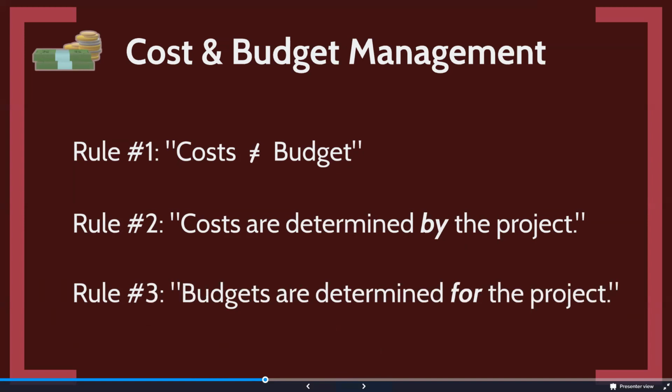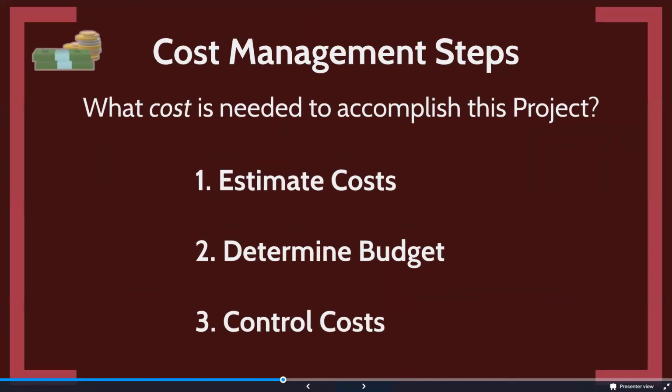Budgets are typically set by a governing body, meaning your city council, your agency directors, whatever the case may be. They are deciding, hey, this project has $1 million for 2024 and $5 million for 2025. So they're determining what the budget is. Budgets are determined for the project, but as we know, cost may be above or below budget. That's the easiest way I find to help people think about it, and we'll come back to this concept.